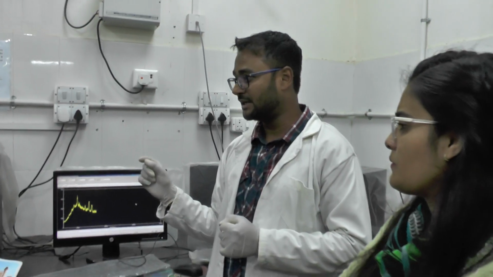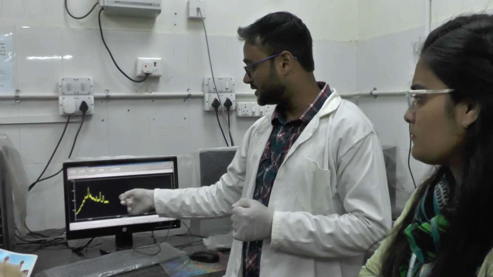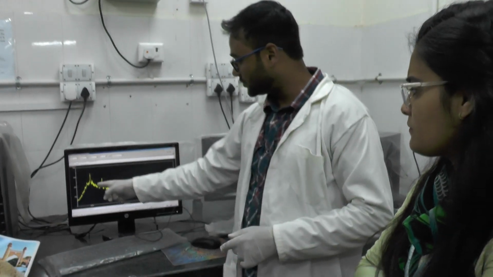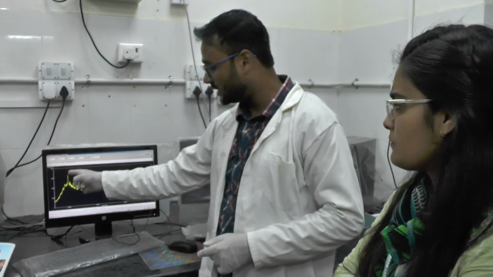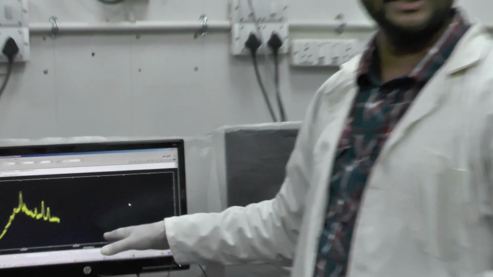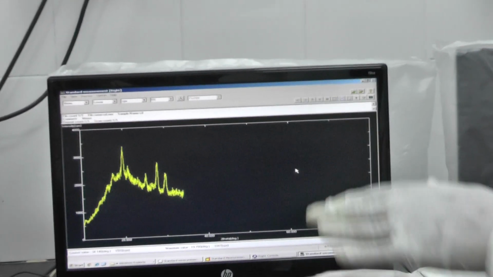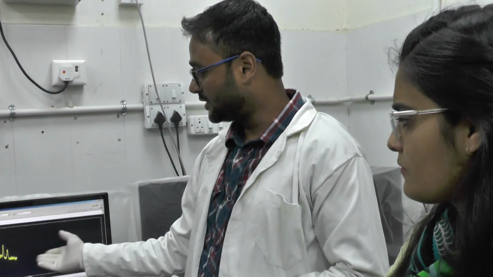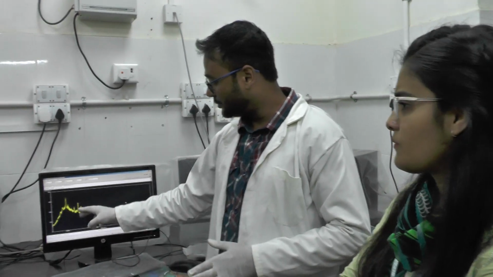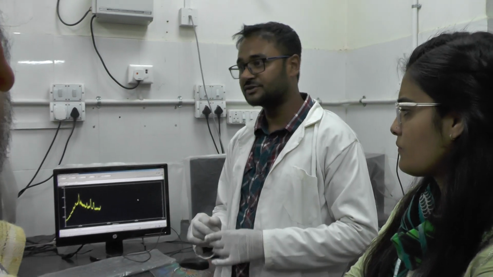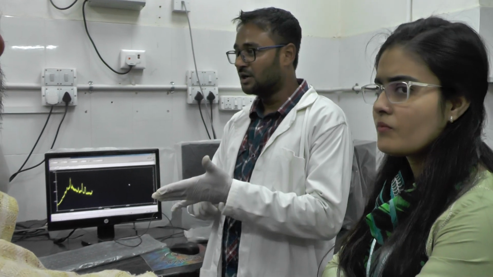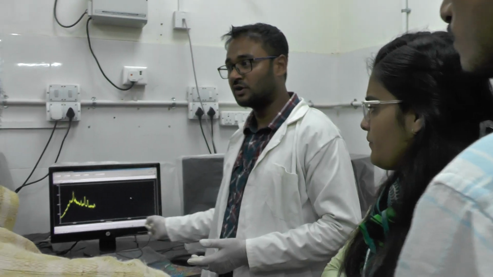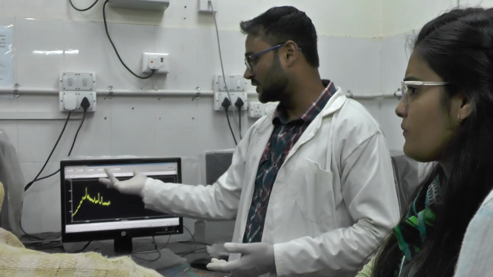Beta is generally the full width at half maximum. So this spacing is beta. You can correct this data. If data is not coming properly, you can always normalize the data and get the corrected data. Do the baseline correction and you will get the data. Once you get the baseline-corrected data, you can use this to calculate the crystallite size. Beta you will get from here, and cos theta is from this side. You already know the theta, so just put in the values and you will get the crystallite size.